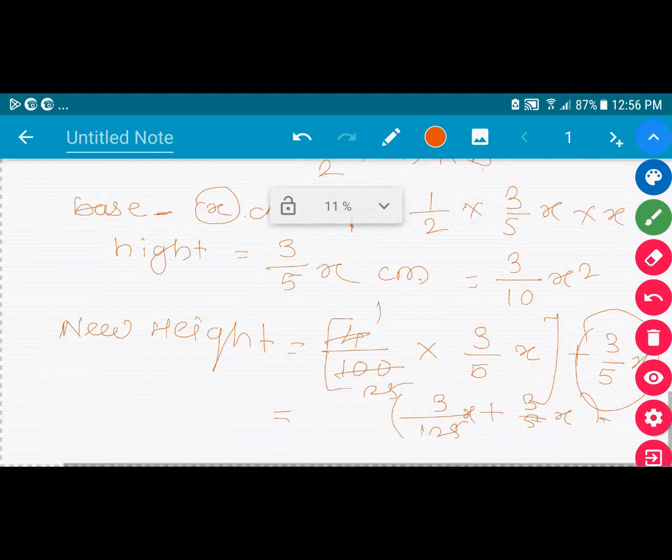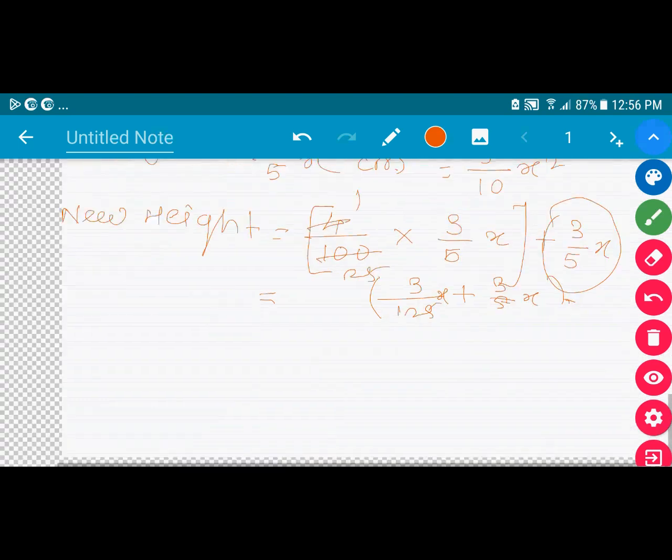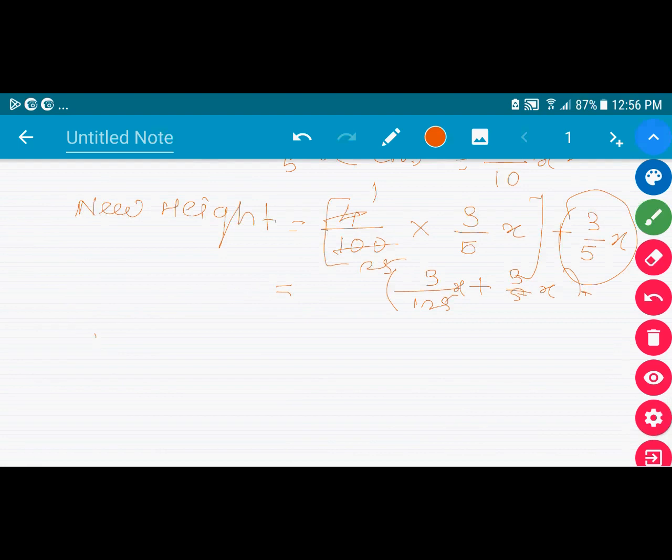And what is our new base? Because the base is decreasing at the same time by 2%. So the new base is equal to,